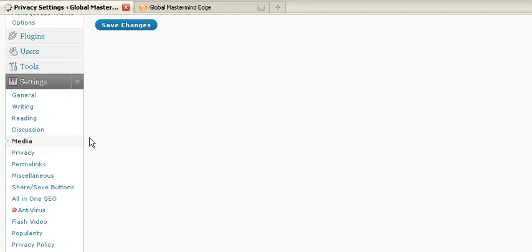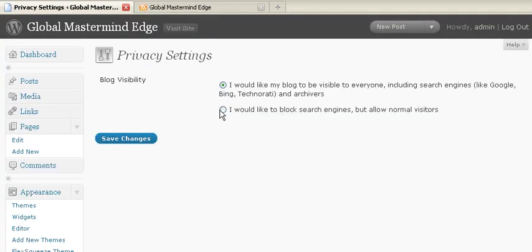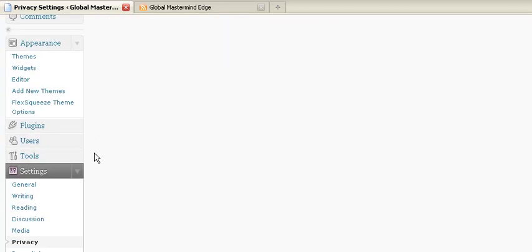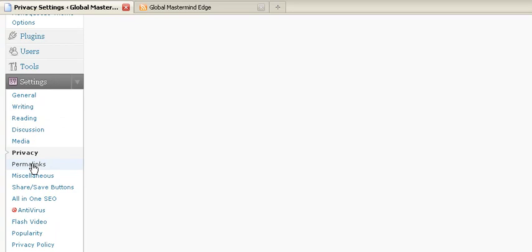I don't know why anybody would want to block the search engines but allow normal visitors. I want my blog visible to Bing, Technorati, all those wonderful places, so I don't change that. And the last but not least,